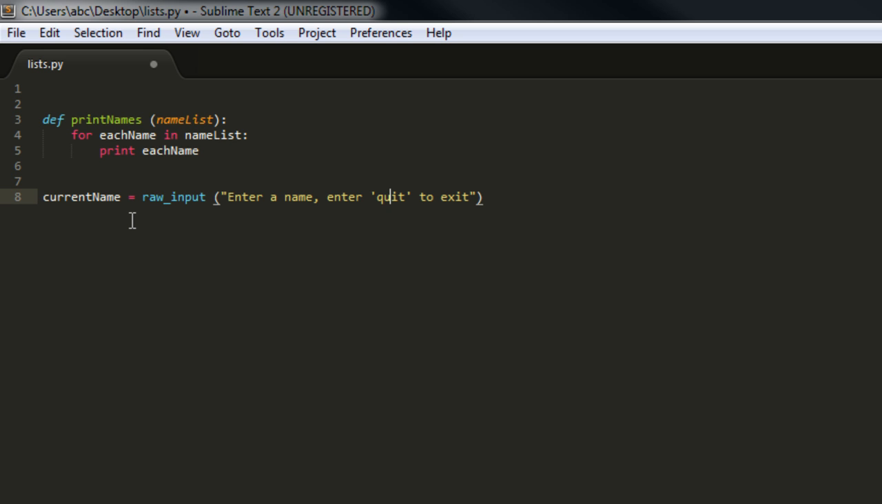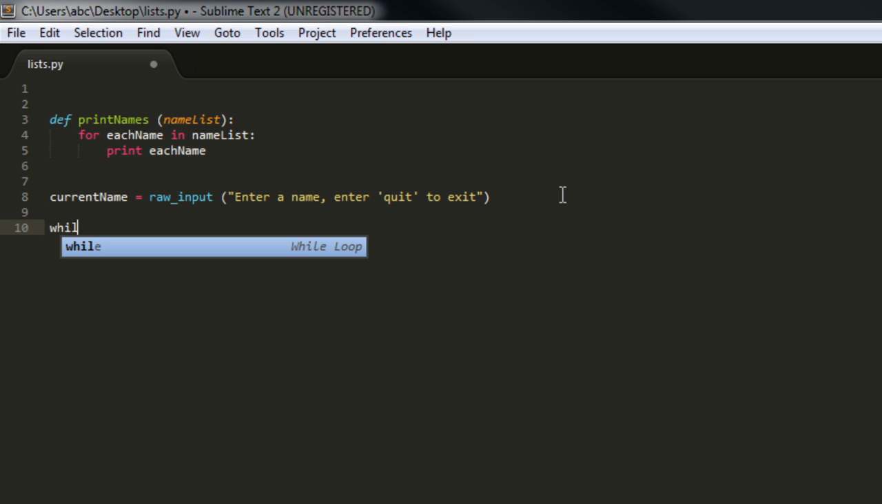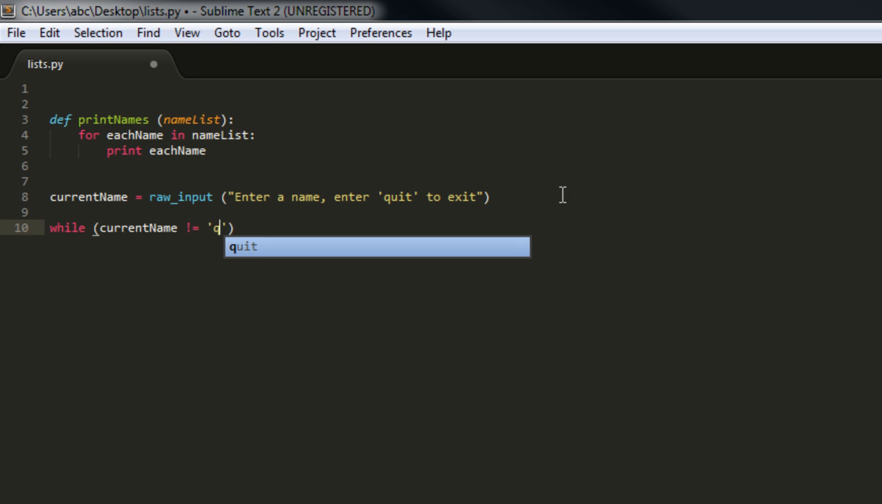If I'm not mistaken, on Python, I'm going to just experiment. I believe that since I'm using double quotes on the outside here, I can use single quotes on this individual word, and it'll actually print that word with the single quotes around it. I think it will, but we'll find out. And then on the next line, I'm going to want this to continue to ask until they enter quit. So I'm going to say while current_name does not equal quit,